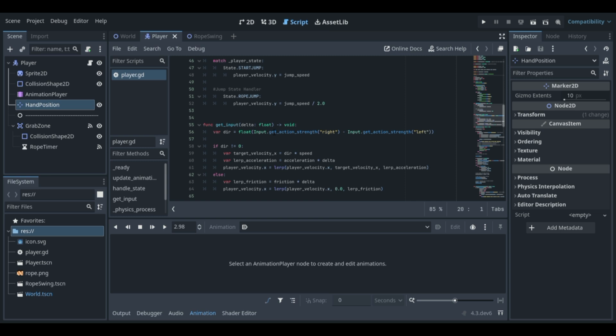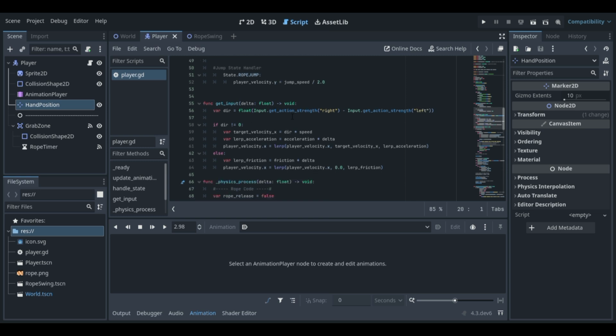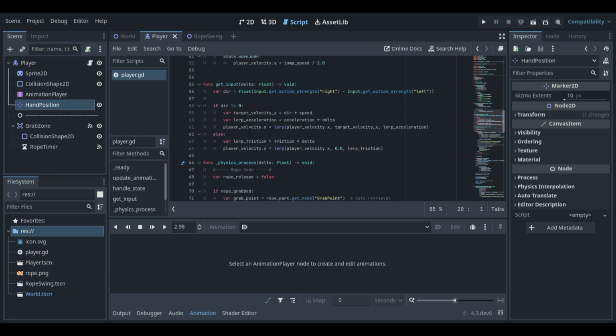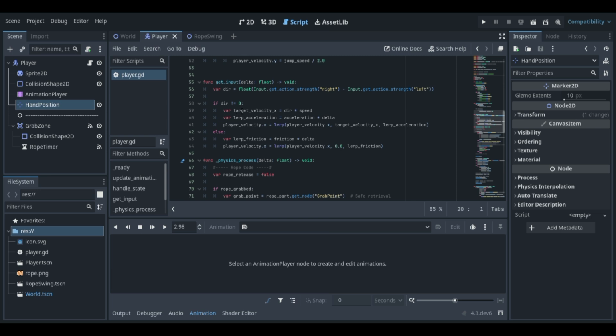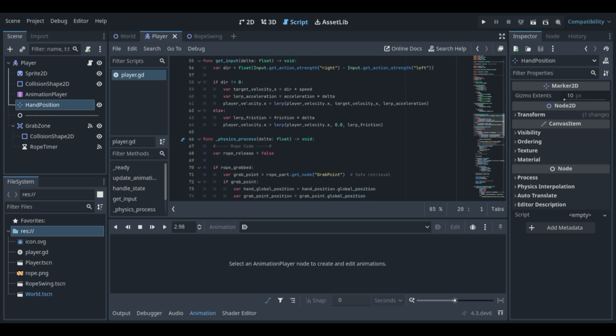Then we have a function get_input of a delta and float. So var direction is equal to float(Input.get_action_strength(right) minus Input.get_action_strength(left)). If direction is not equal to 0, then var target_velocity.x is equal to direction multiplied by the speed. Var lerp_acceleration multiplied by the delta.